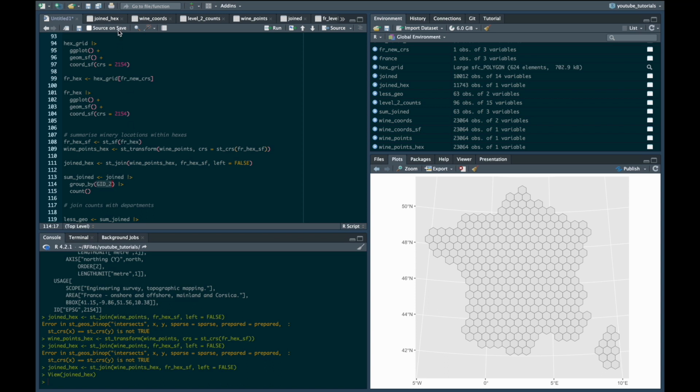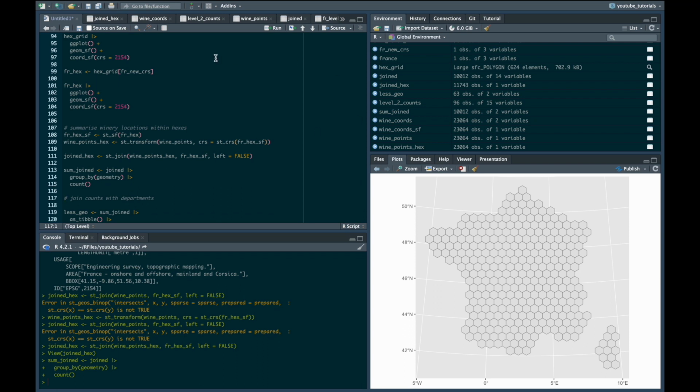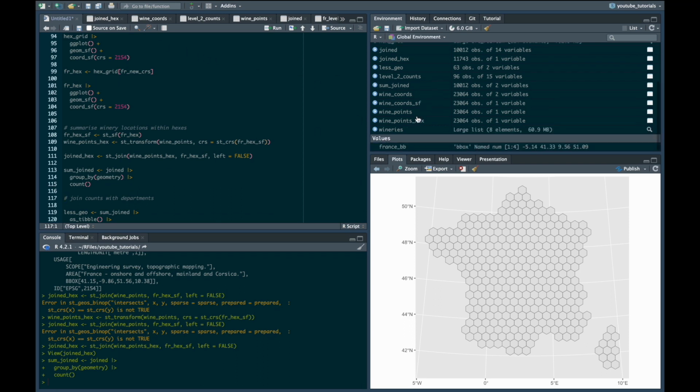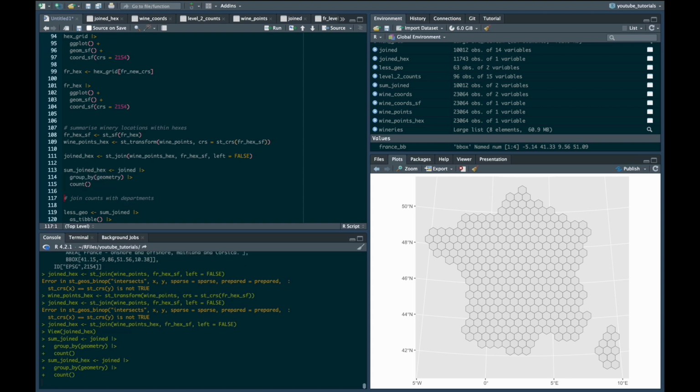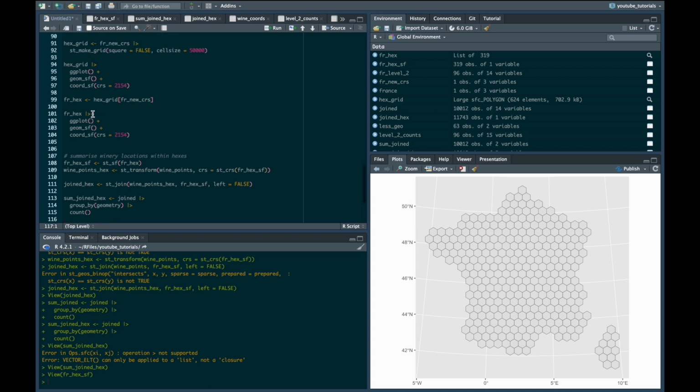But now we need to group by something, and I have taken away all of the arguments. So let's see if we can do that. Sum joined. Oops, and I just overrode that. Oh well. Okay, so I need